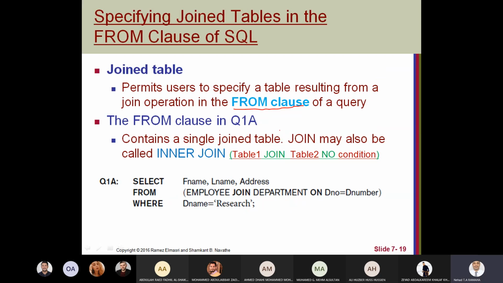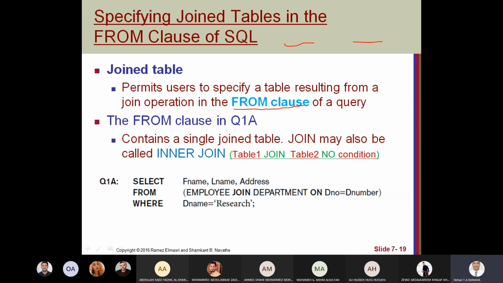Okay, how to use the inner join, or the normal join, as we call it. Inner join will join when values or attributes from table 1 equal attributes in table 2. Okay, this is the inner join.